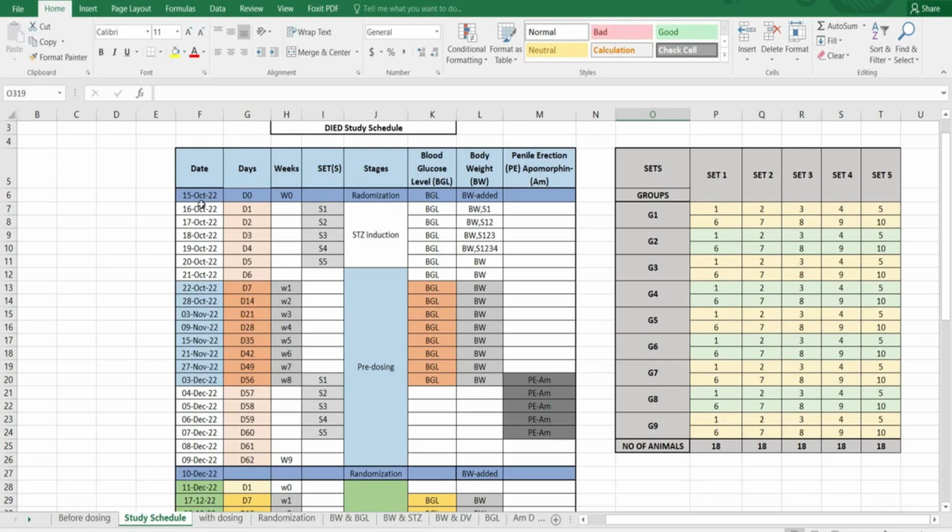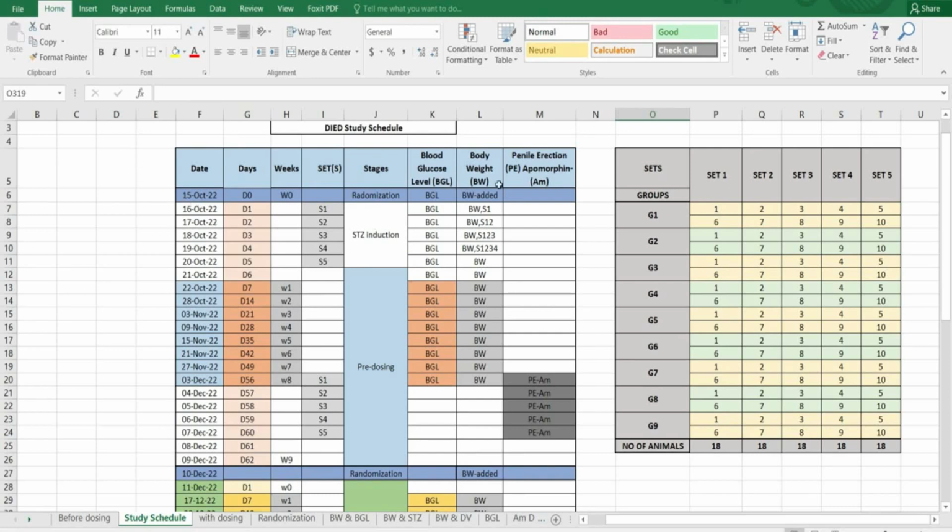Now before the set wise division, we have to randomize the animals, and I have given that randomization procedure in my other video. You can see that. I will provide you the link in the description, and we have to follow that procedure. And then our whole experiment schedule is divided into some parts. You can see here it is divided